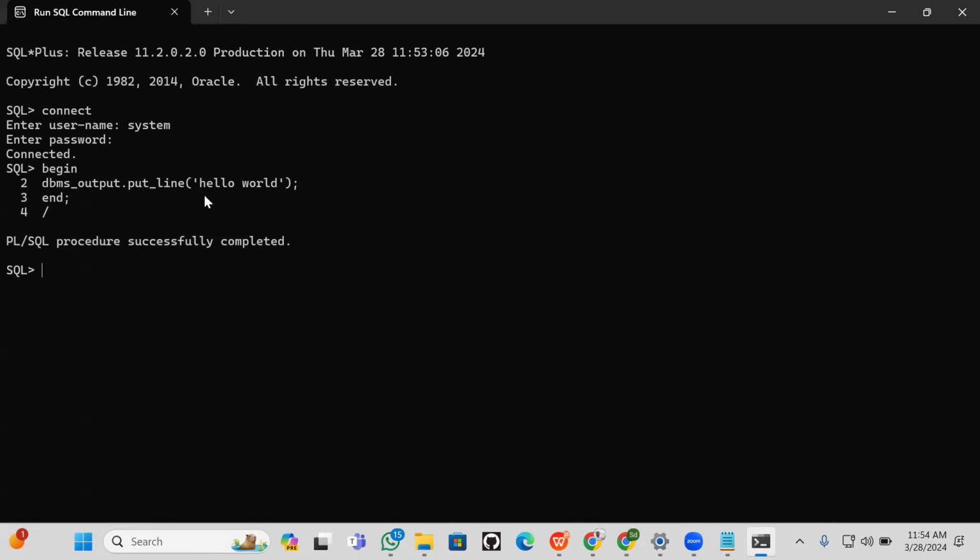But I did not find the output. I did not find this output, hello world, printed. Okay, so in order to see the output in PLSQL through your command line, you need to turn on a variable called set serveroutput